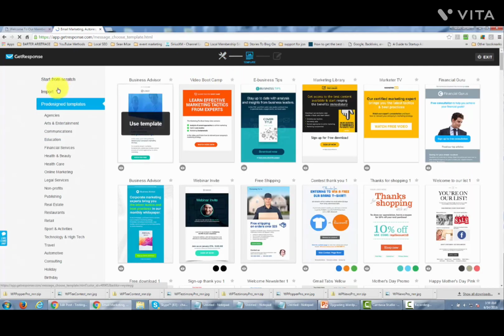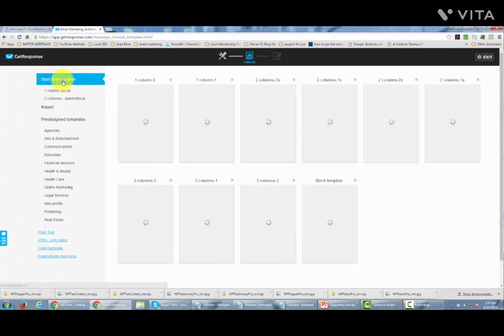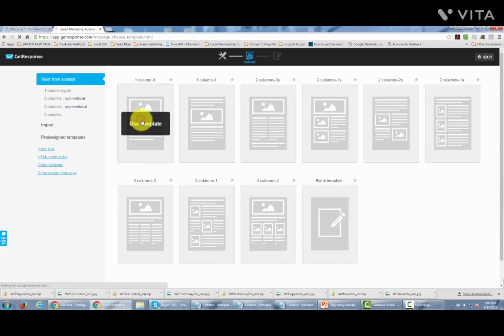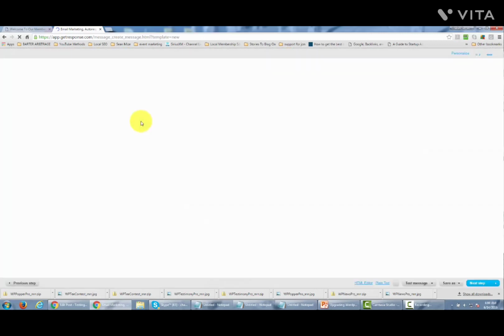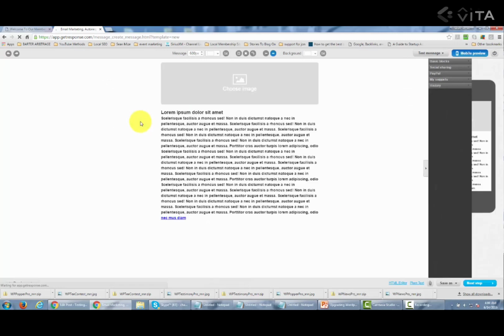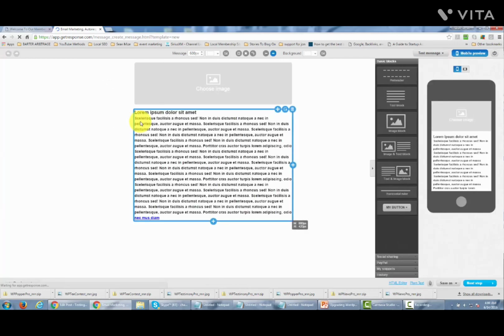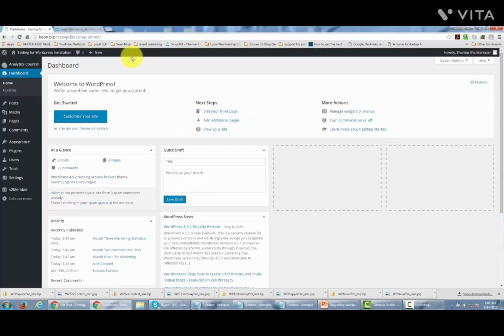And then you'll come into a place where you're going to actually write your message, which you can start from scratch. Now you can put whatever you like inside of your message to your customer. The most important thing is that they get the link for the month 2 content. And so what we need to do now is go back to our WordPress membership and get that link. So what we'll do now is go and get all of our posts,